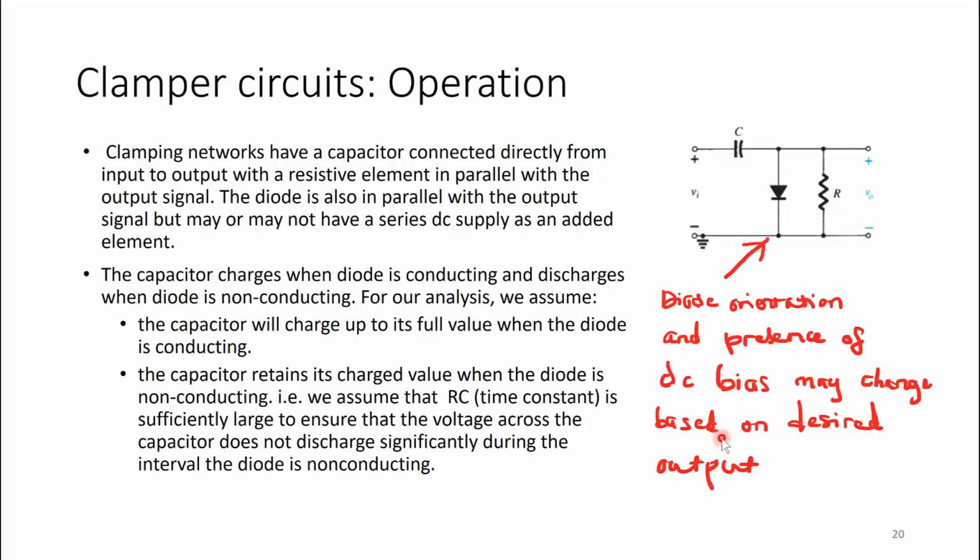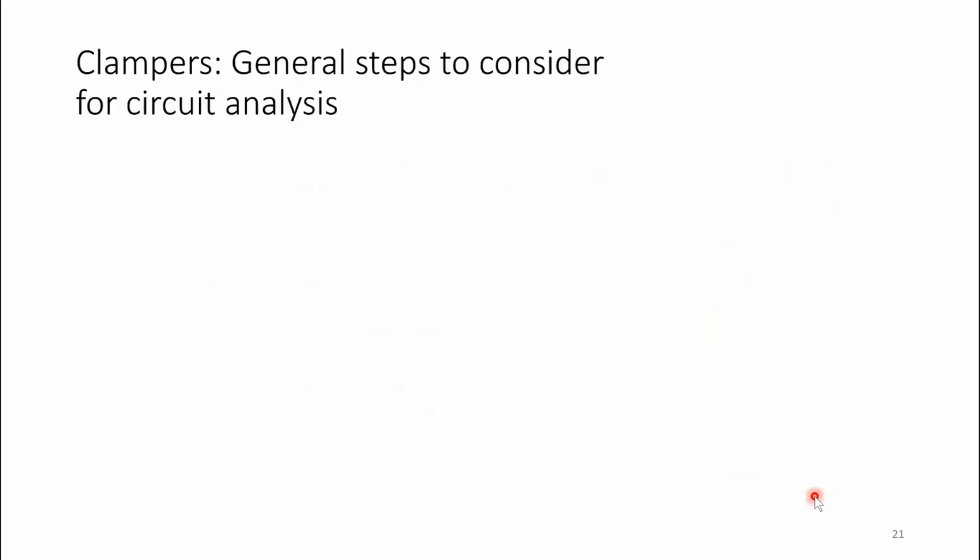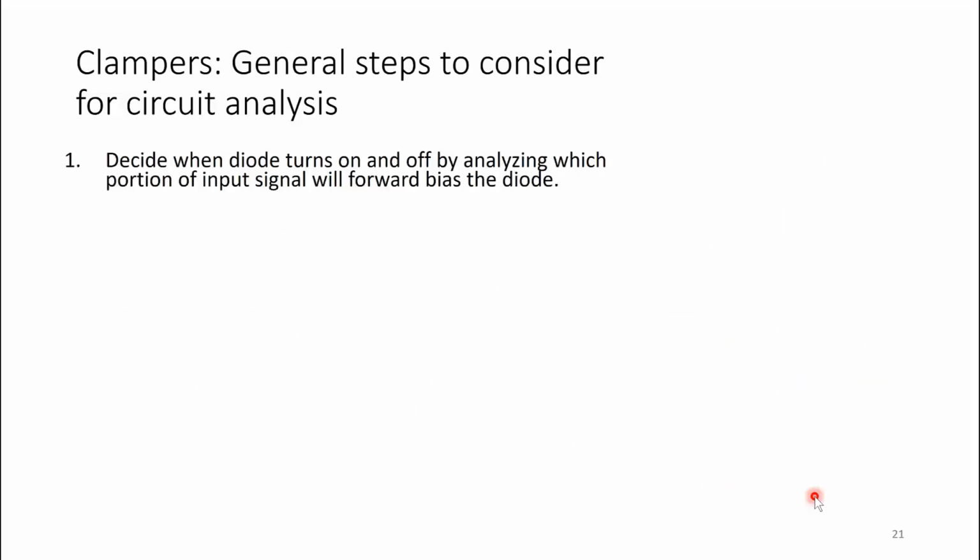And the diode orientation and presence of DC bias may change according to the circuit. We will alter the circuit, we'll modify the circuit based on what output we want and how we want to restore the Vin. Okay, general steps to consider for circuit analysis before we do examples. First, decide, again just like the clipper circuit, decide when the diode turns on or off by analyzing which portion